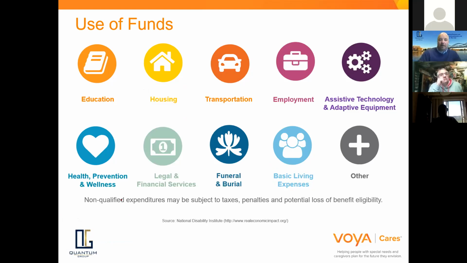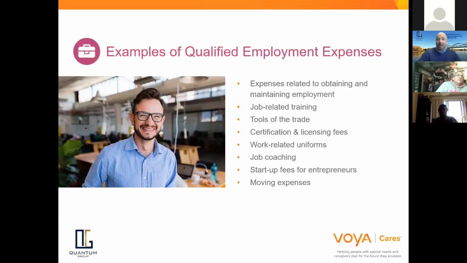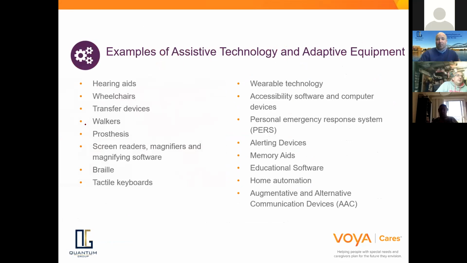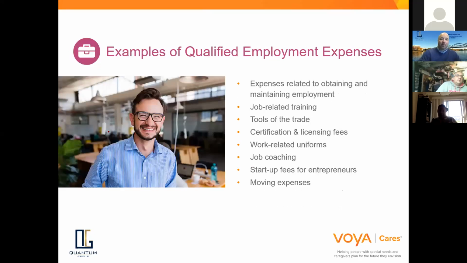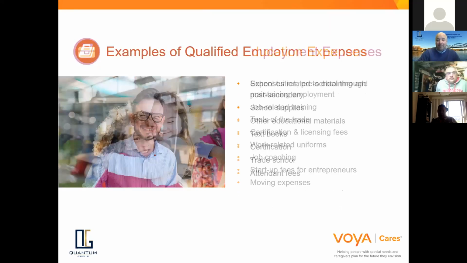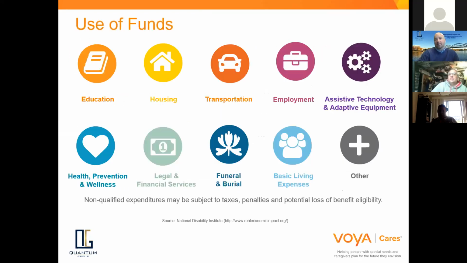When you look forward here, we have a couple of things. I'll come back to the slide, but we talk about qualified education expenses, employment expenses, and healthcare expenses. Many of these things, if they're going to be provided by medical assistance or by an employer, there's no point in spending your ABLE account money on that if someone else can do it for you, or there's a scholarship or a grant or whatever it happens to be. Really, what you want to look at is where can I spend this ABLE account money where it's not able to be spent elsewhere.